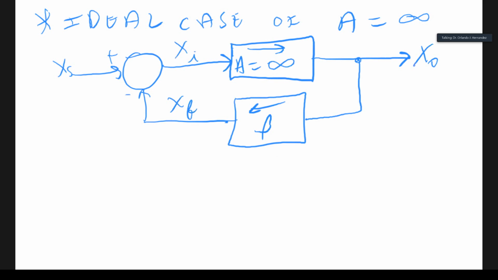If A is infinite, and I'm getting something out of it, I can get something out of A, the A network, even if the error is 0, because A is infinite. Now you're already familiar with this concept. This is exactly the concept behind the virtual short